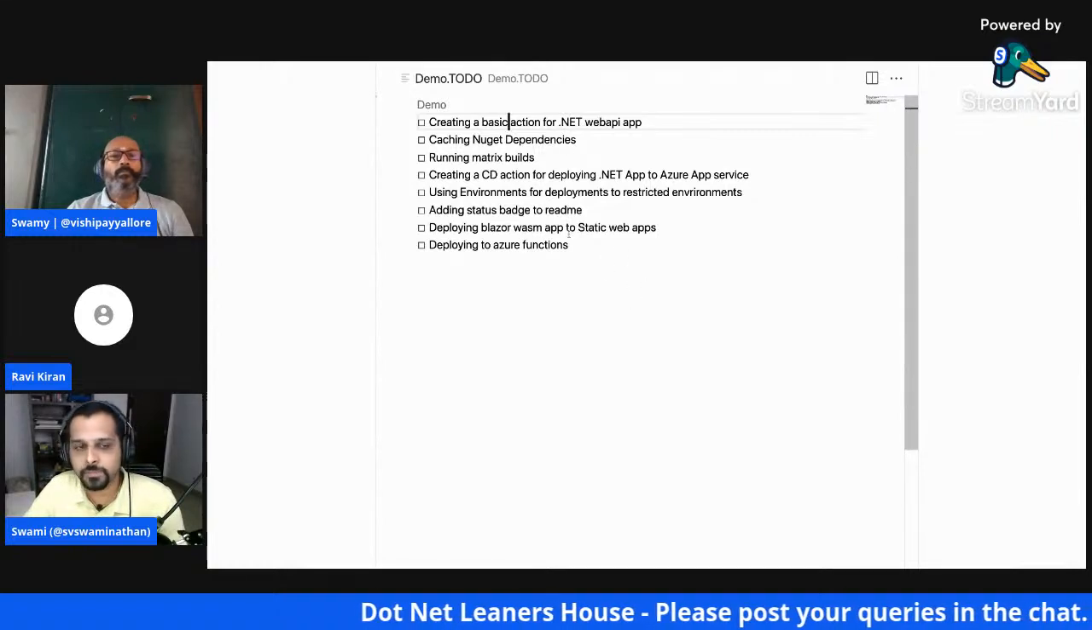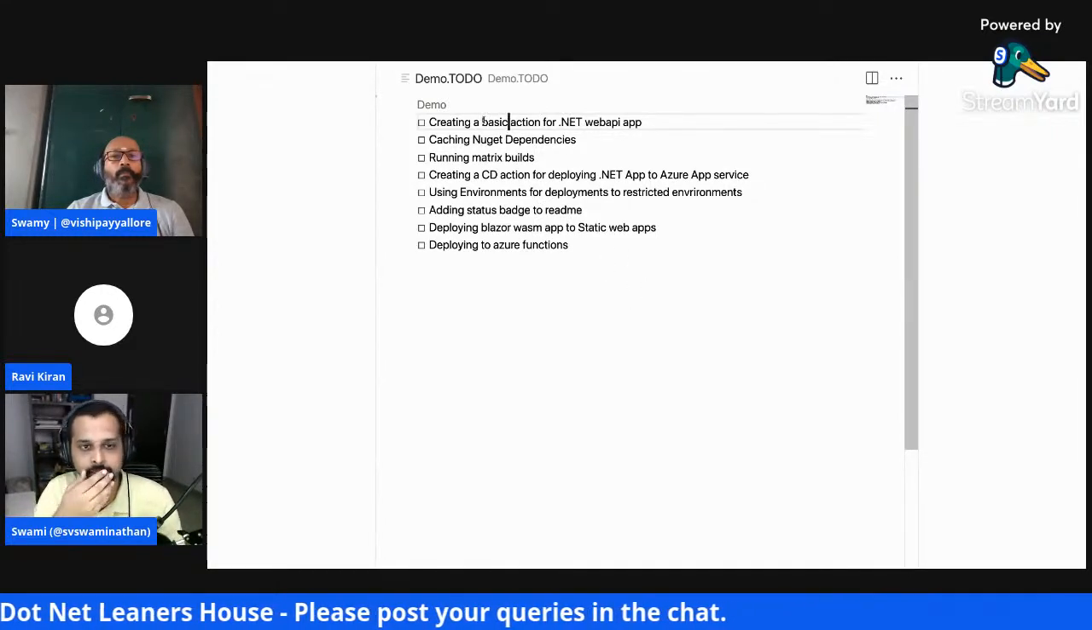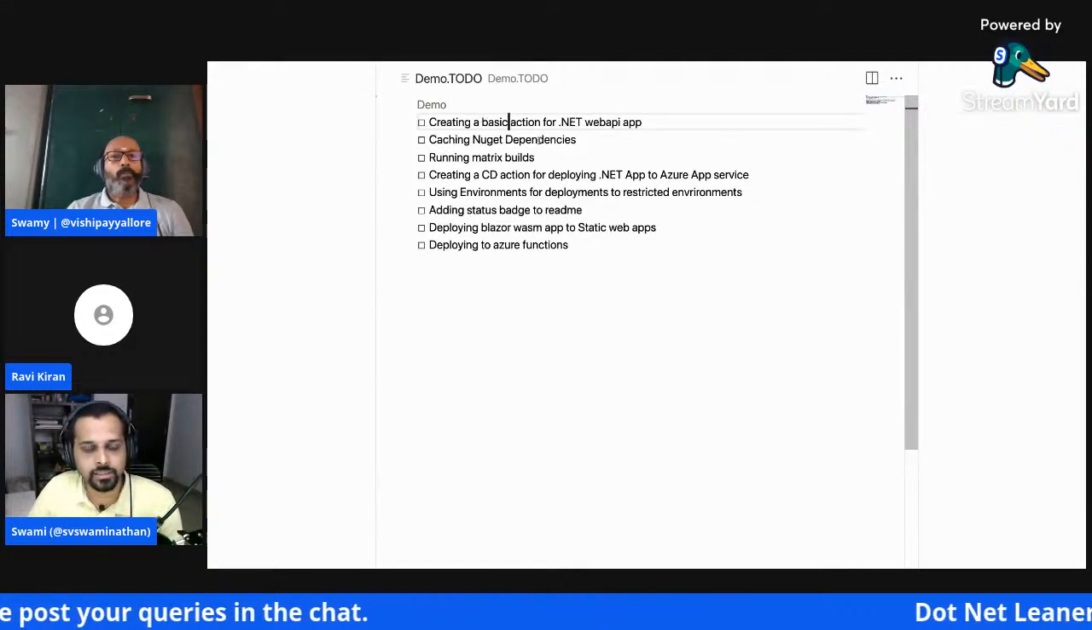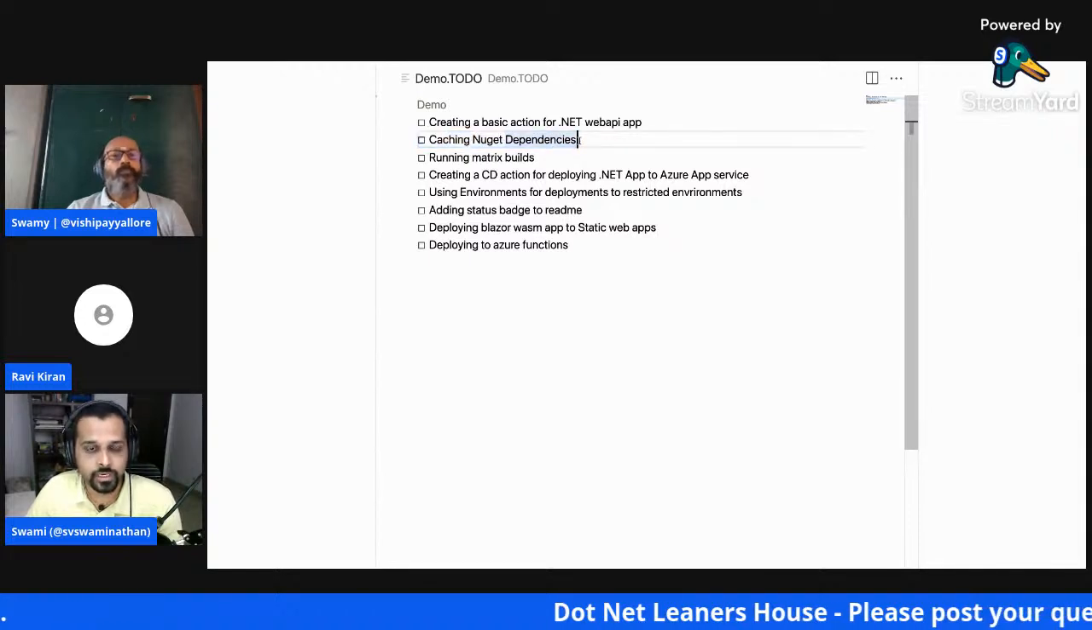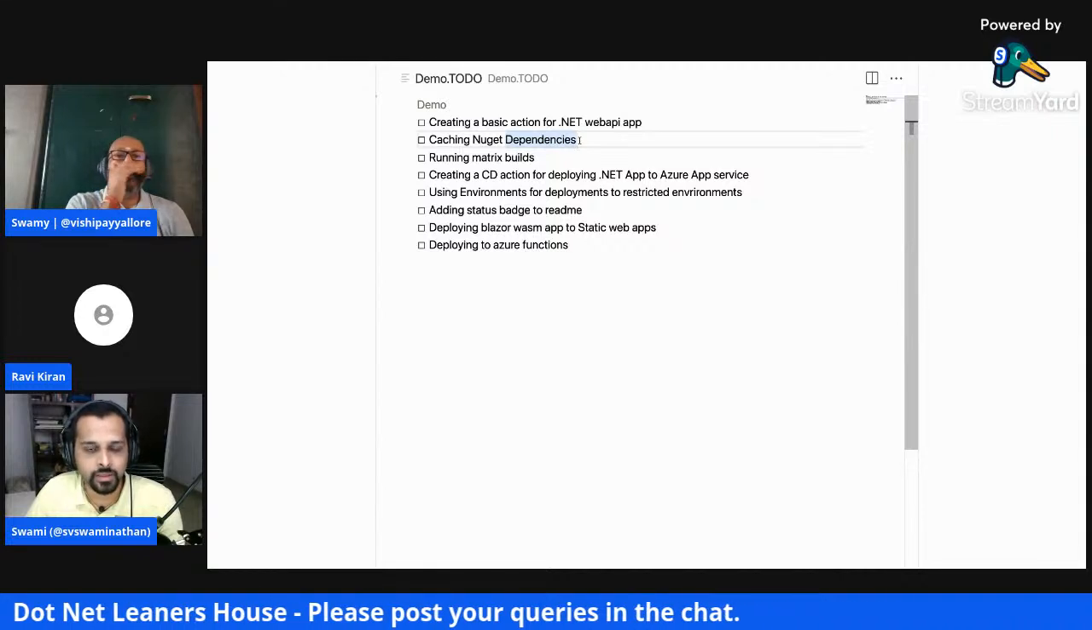So these are the steps. These are things which we are going to look at, like a demo. First we'll start with the basics, creating a basic action for .NET Web API, and then let's also see how we can cache the NuGet dependencies. This would very much be helpful if you're working in a large project which is having a lot of these dependencies. In the sample application, whatever I'm going to show, you might not feel it very effective,